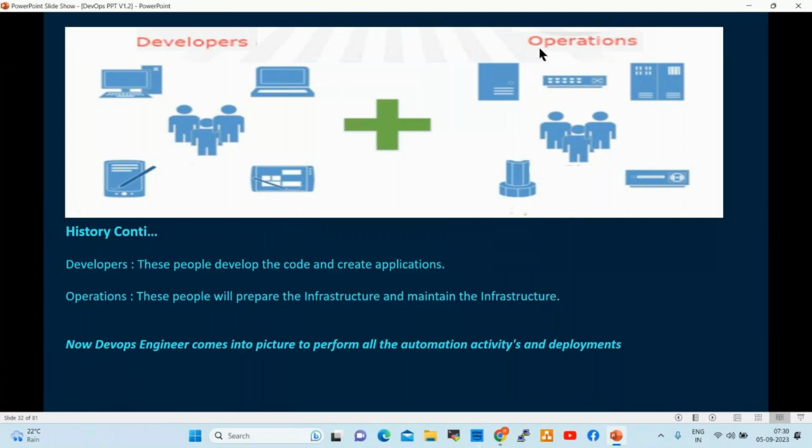They build the applications and develop the code. Operations are a collection of all the servers, all the devices, which are hosted in the data center.